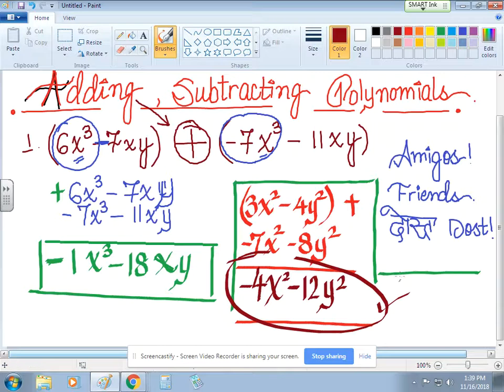So students, I'm going to make another video for subtracting polynomials. Hopefully you understood this. I will do other videos with more examples on adding because these were just the basic 2 examples that we talked about. It does get